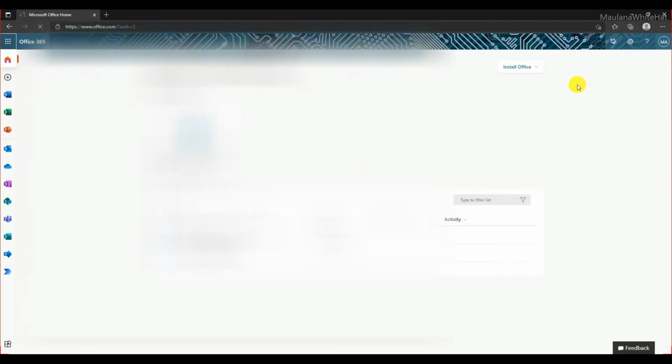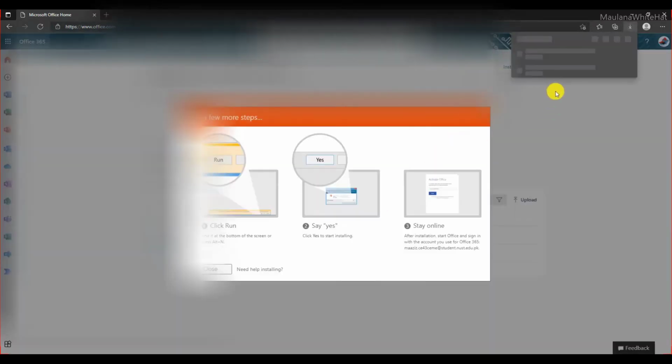What you want to do is click install Office on the right side here, and from there the first link is Office 365. You want to click that. Doing that will automatically start the download. If you want to read any more, you can see it says here if you need any help installing, click on that. It will direct you to a frequently asked questions page and you can read more. I'm not exactly interested in reading anymore because I know what I want to do and I don't need any help from Microsoft or anyone else, at least not at this stage.